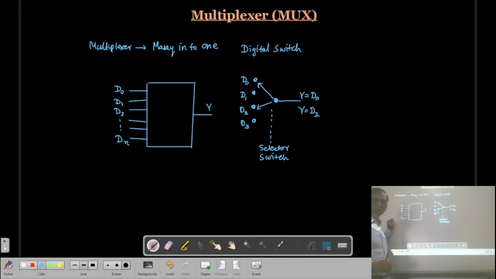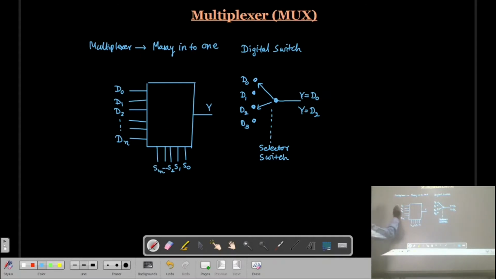Now these inputs can be selected by the select lines, which are S0, S1, S2, and Sm.